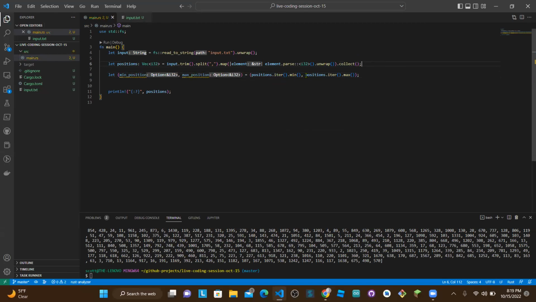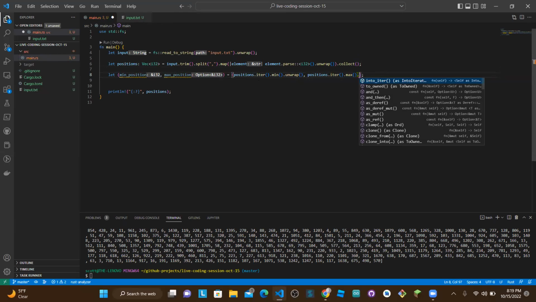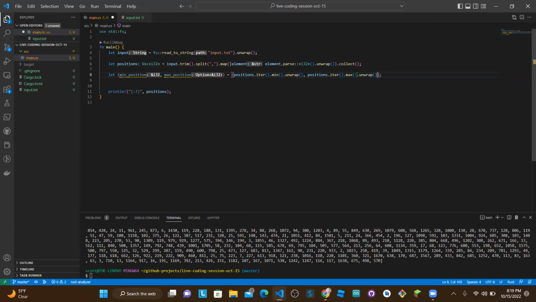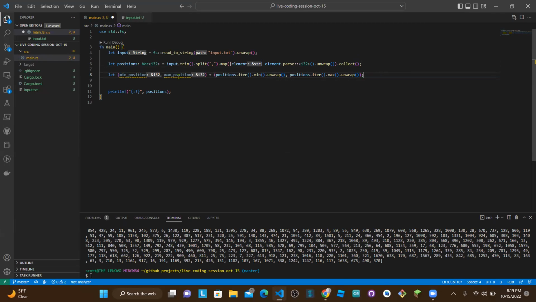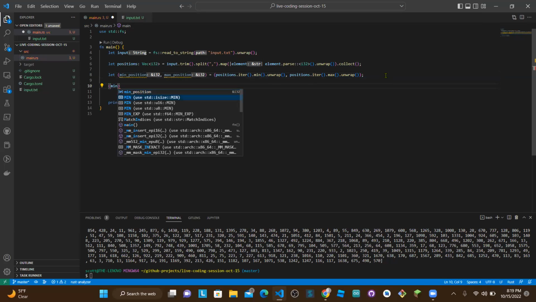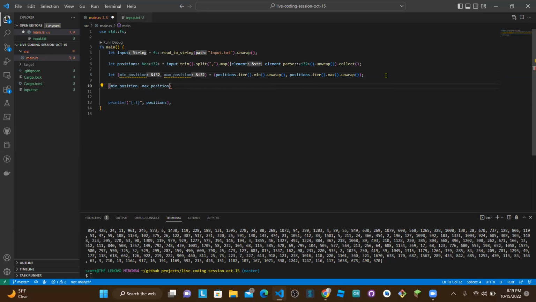We're gonna want to unwrap those, because what unwrap is going to do is take it out of an option. And an option is basically like it could or could not, it's possible that it could fail. And if it does fail, we're just going to end the program. So now we have the minimum position and the maximum position, and now we're going to go in between. So from the minimum position to the maximum position, we're going to